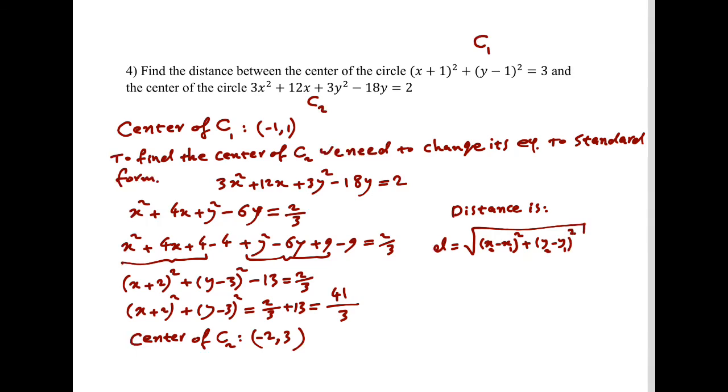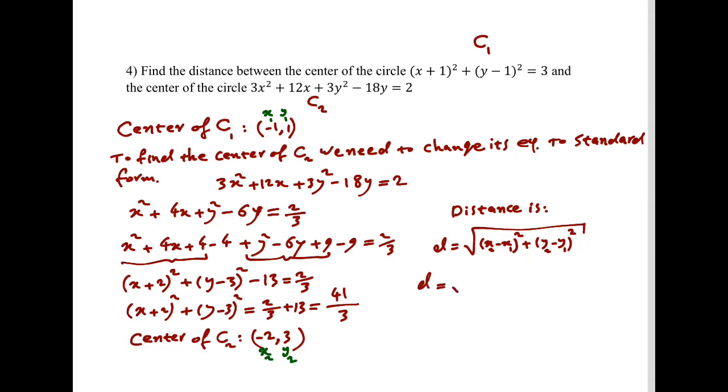So this is the general formula for distance between 2 points. So in this example, let's call this one (x1, y1) and this one (x2, y2). So the answer is